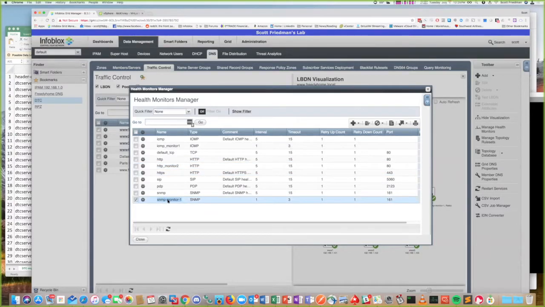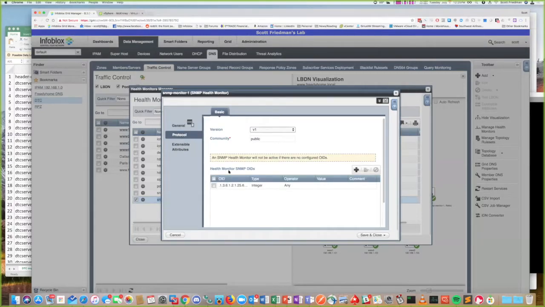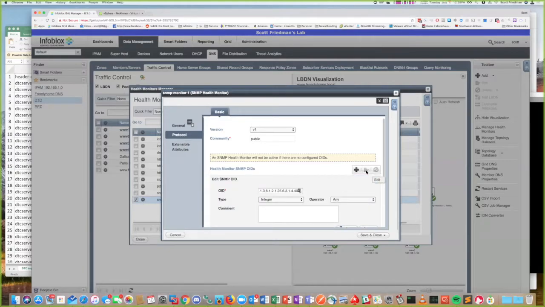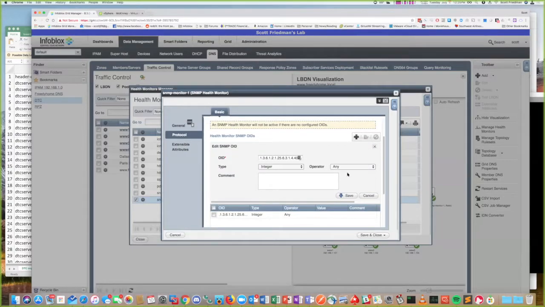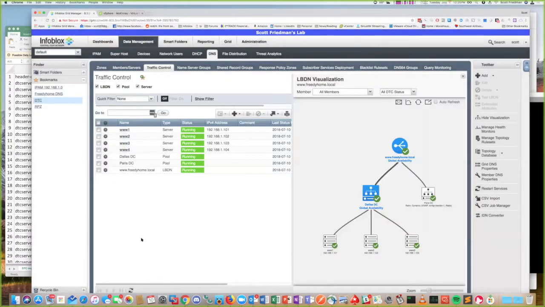And then I've got my SNMP monitor. This is set up to monitor a couple of Ubuntu servers that I have, and I've got SNMP enabled. I pulled down the list of all the OIDs and decided I'm going to use this one, which is CPU load over a 5-minute average. I pointed at that, and what DTC then does is, when I assign it to a pool in the GUI here,